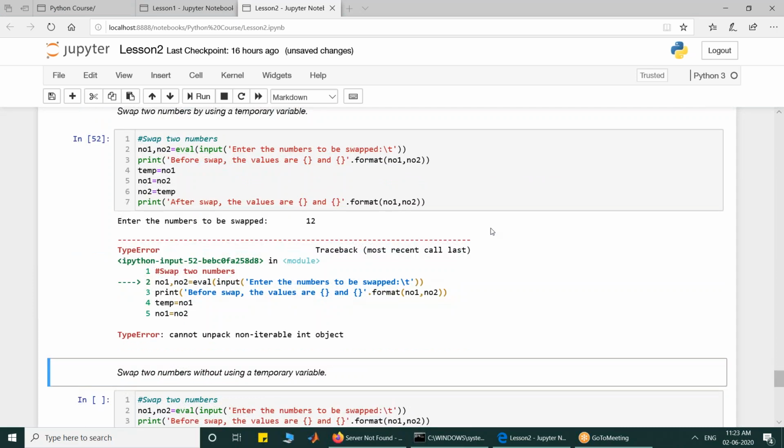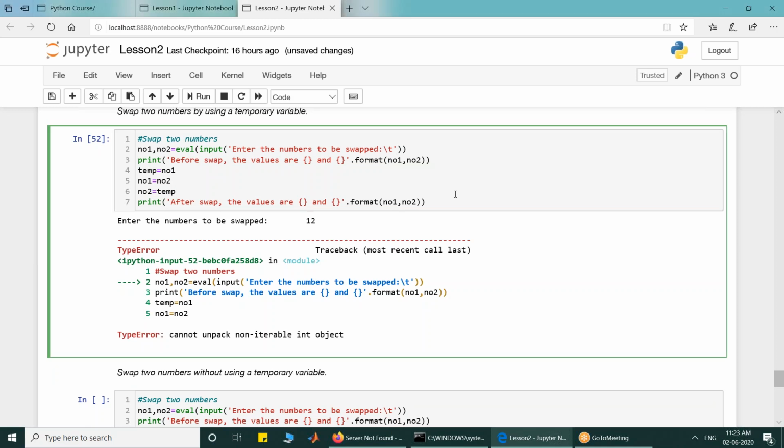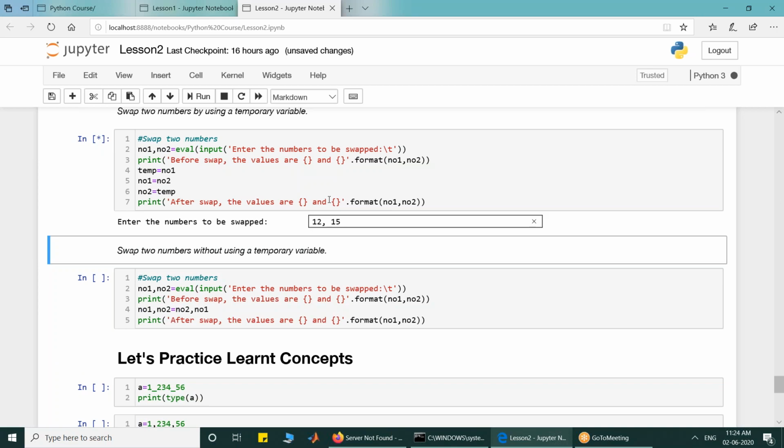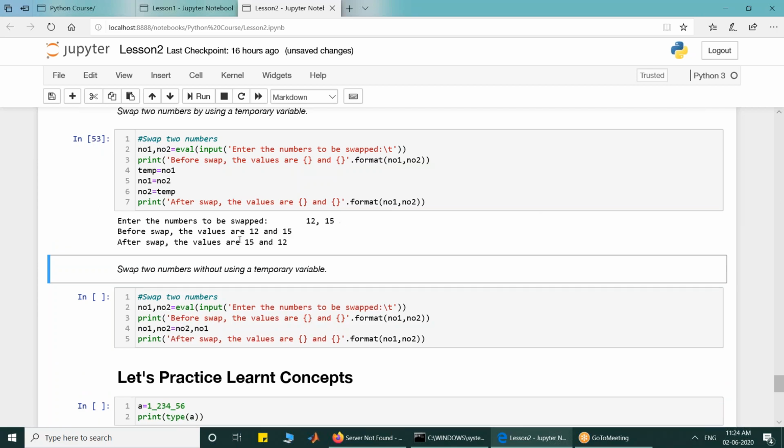Dr. Puneet, can you unmute all so that I can listen to them say why that happened? Yes, Shreyash, input has to be comma separated. So when I gave 12, the eval function interpreted it and returned 12. And now when I tried to assign 12 to a tuple with two elements, that gave me an error. So that is not allowed. Instead, I should have given it two numbers, 12, 15.